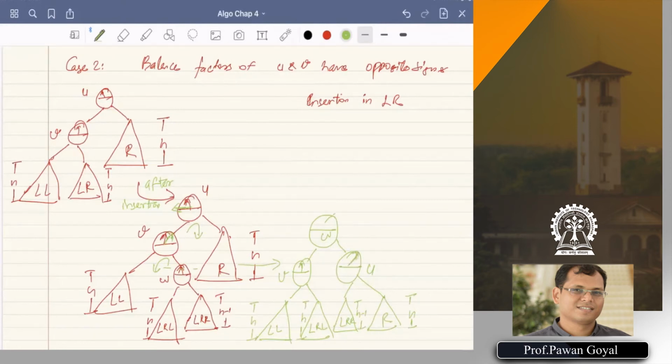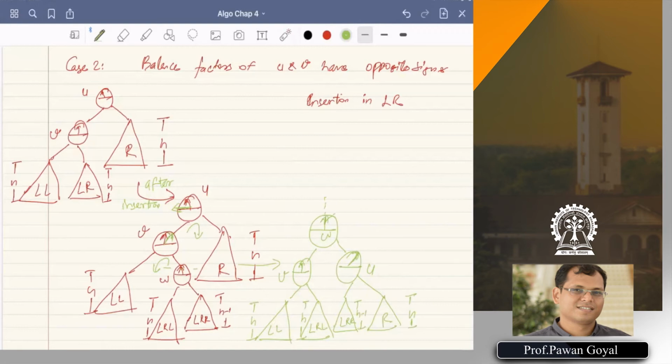Now what about W? You see in the left subtree, the height is H plus 1, and the right part is H plus 1. So W is completely balanced. And because W is completely balanced, that gives us a hope that possibly we will not have to go up. Yes, we will not have to go up.